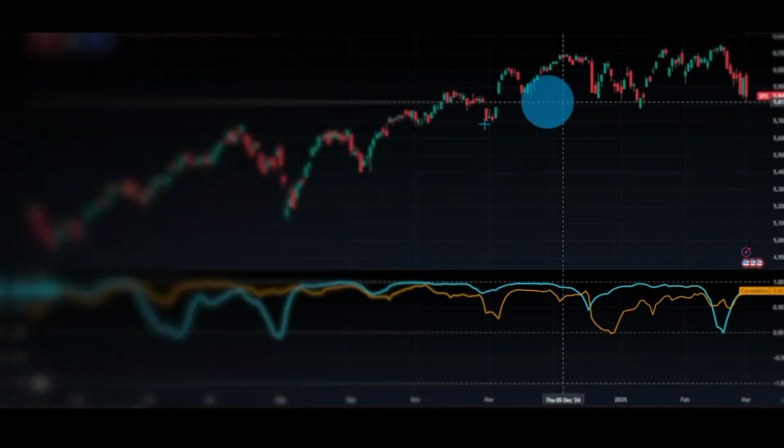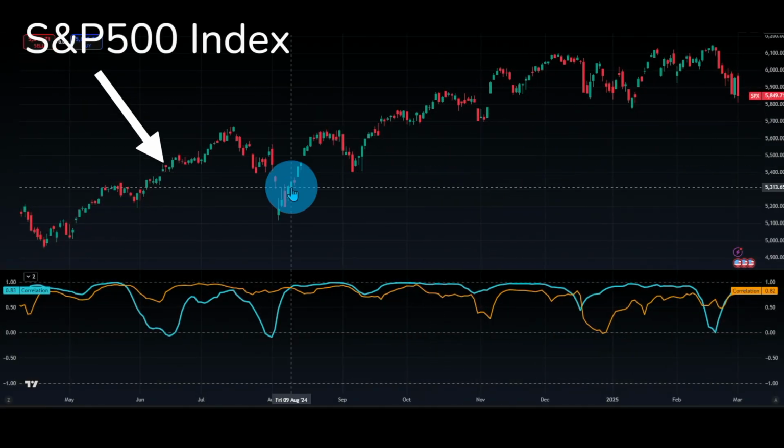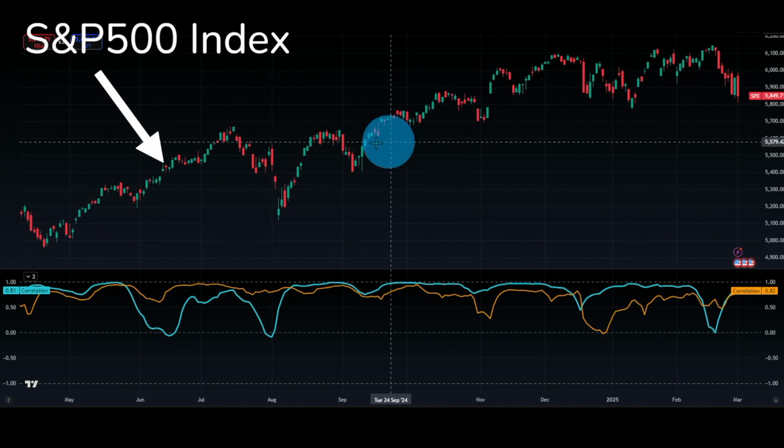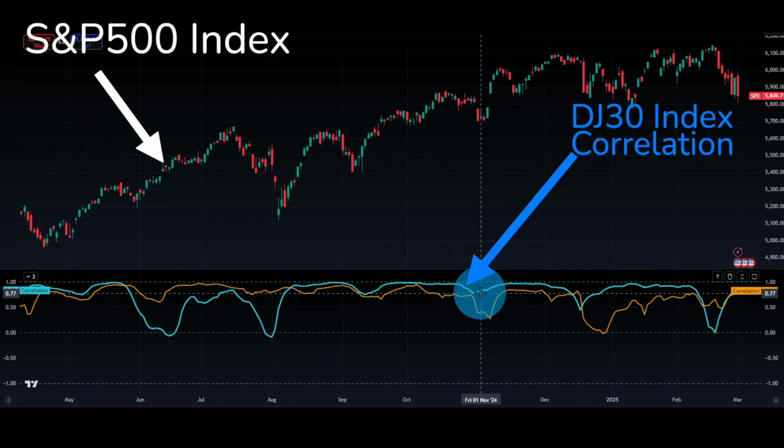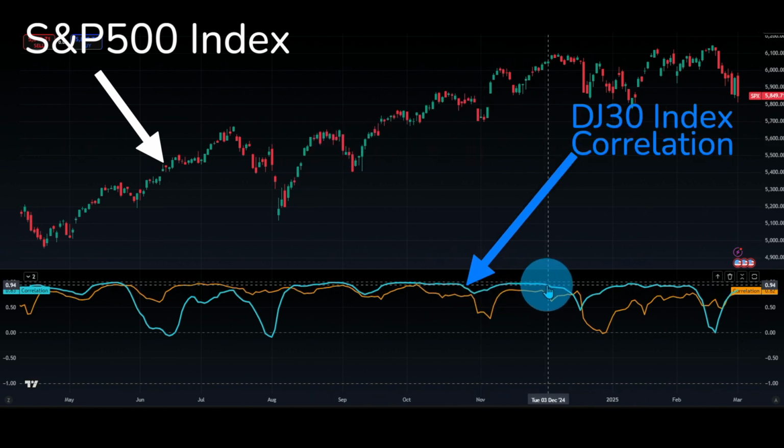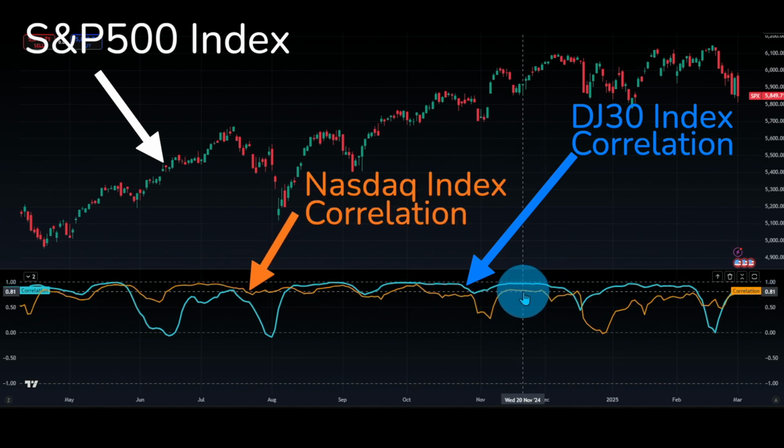Now let's take it a step further. The US indexes, the NASDAQ 100, the S&P 500, and the Dow Jones 30 are highly correlated stock indexes. So here is a chart with the correlation. The candlesticks at the top is the S&P 500 index, and the blue line is the correlation with the Dow Jones 30, and the orange line is the correlation with